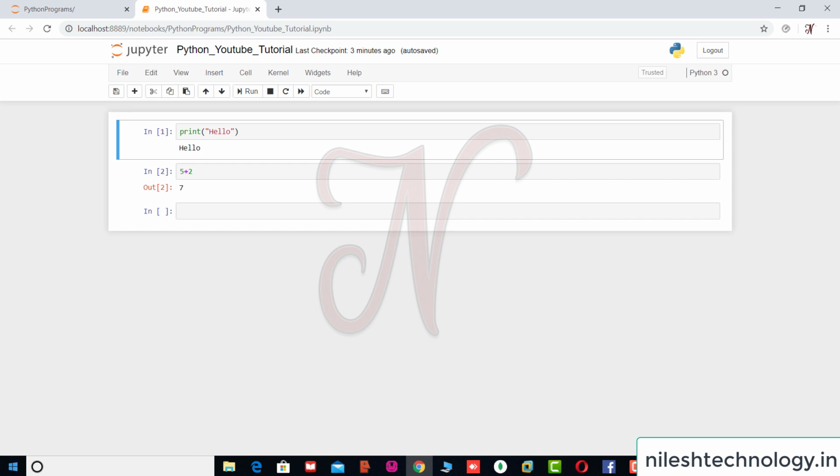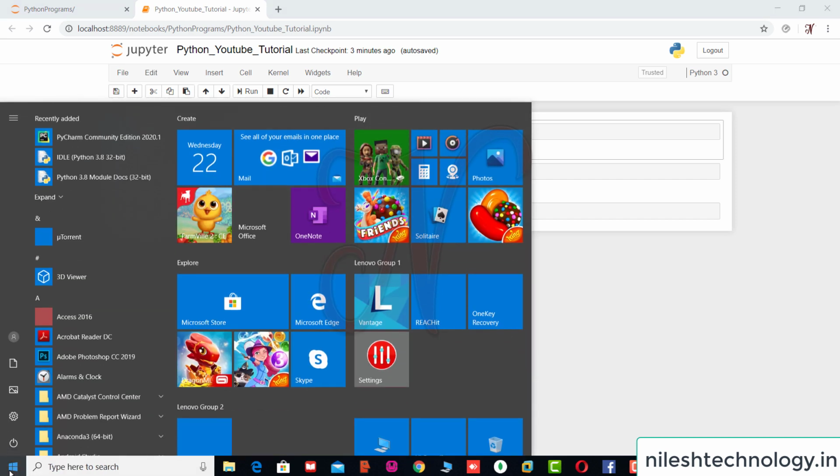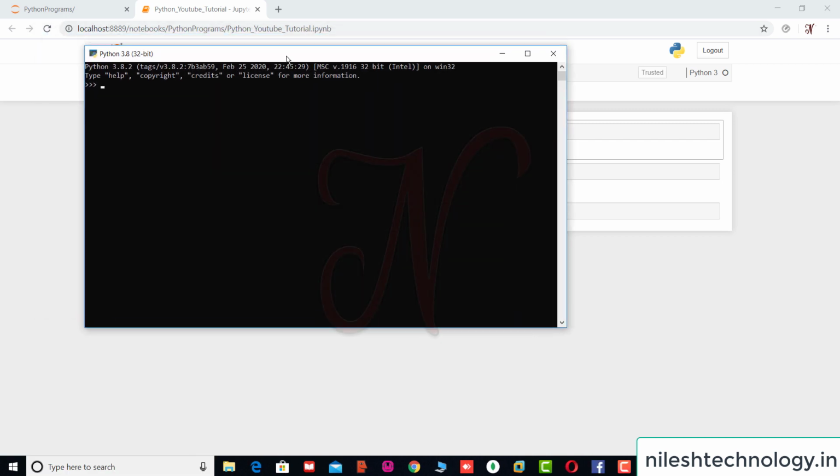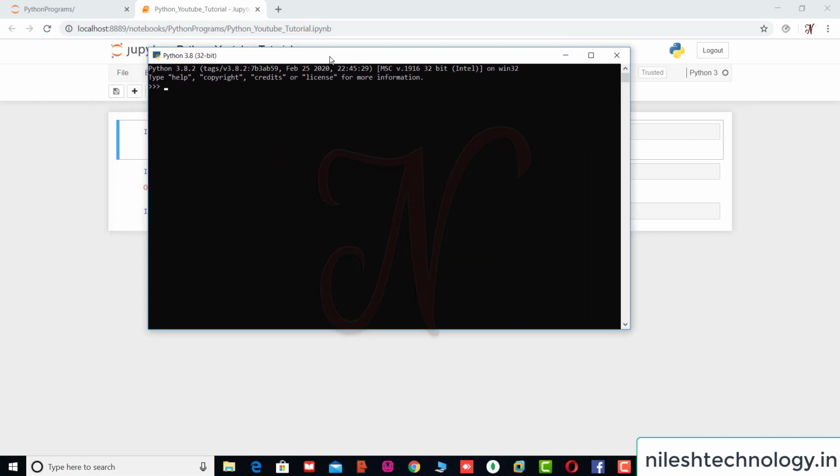Okay, but if you open this command prompt, see here, every time a new command prompt will open. All previous commands and all the previous script commands will be closed when you close this terminal. It cannot save any temporary file.